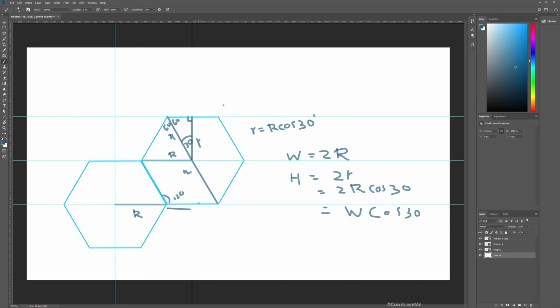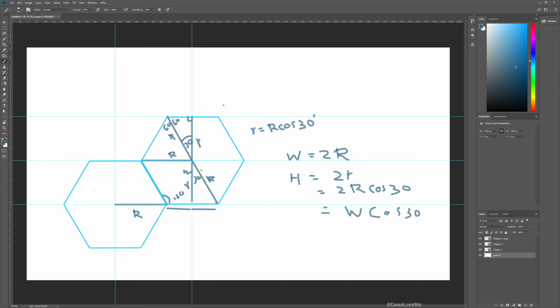So we can actually calculate it. This length and this length is also similar, and here we have simple r, here we have capital R, and here again we have